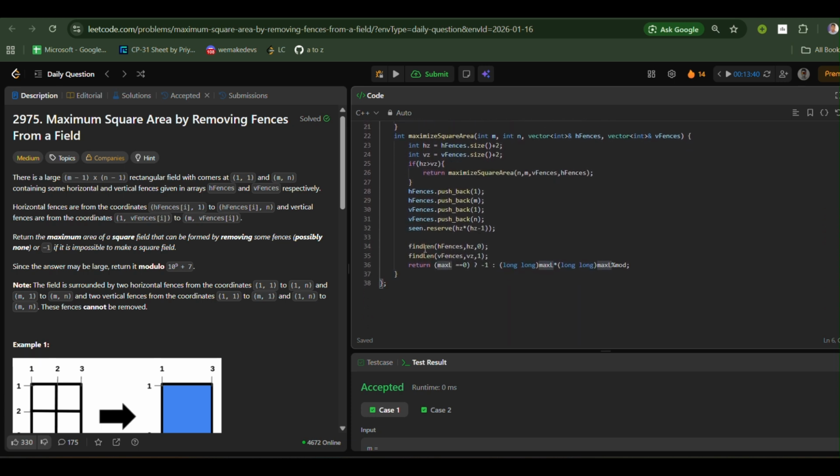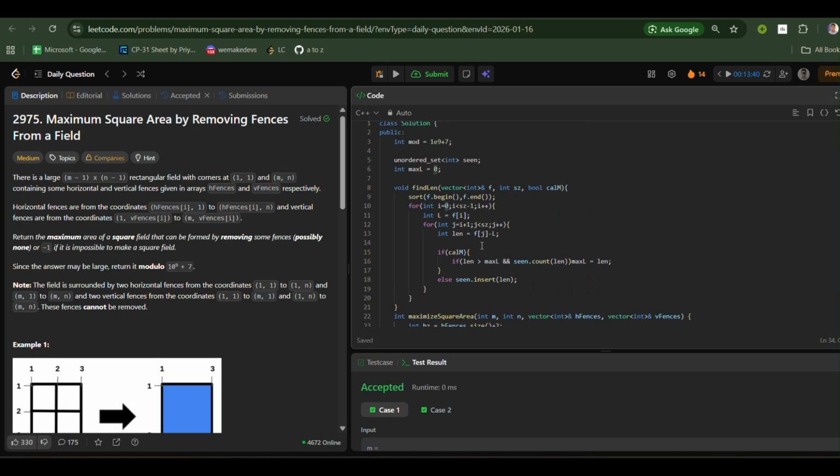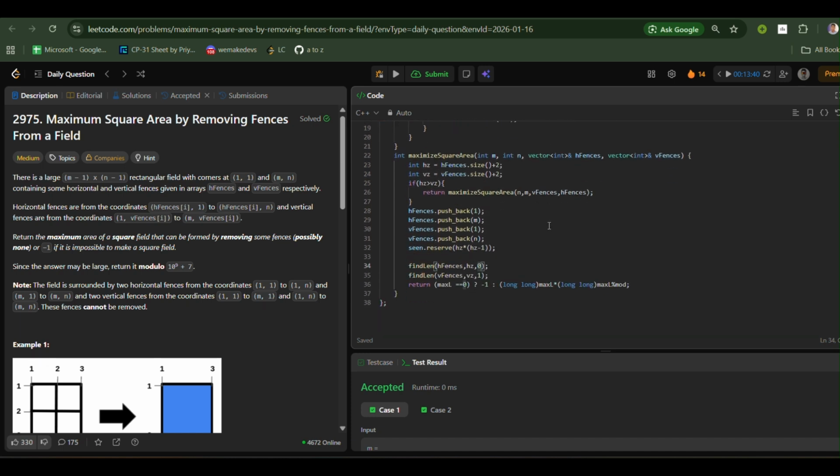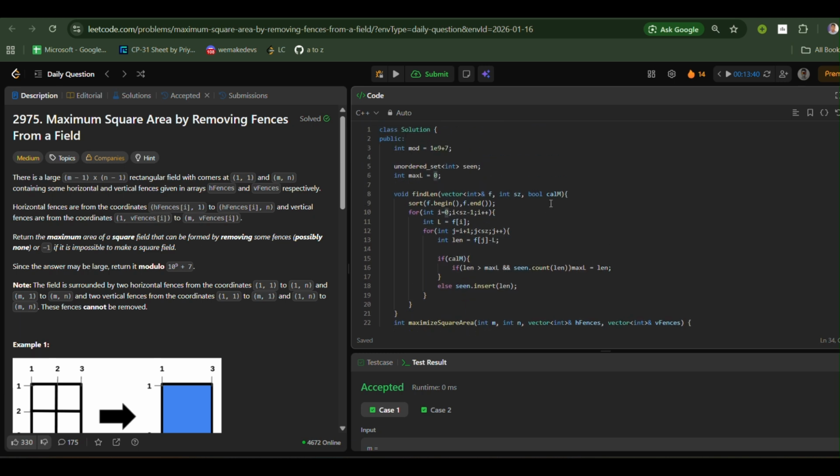So first is find line h fences hz comma 0. Why is it 0? Because it is saying whether I am looking at the fences size, or looking at the length of these horizontal rows for the first time or not. First time we have gone to the 0 part. That means that we are looking at the length for the first time. Okay, so first we have done is sort our vector,